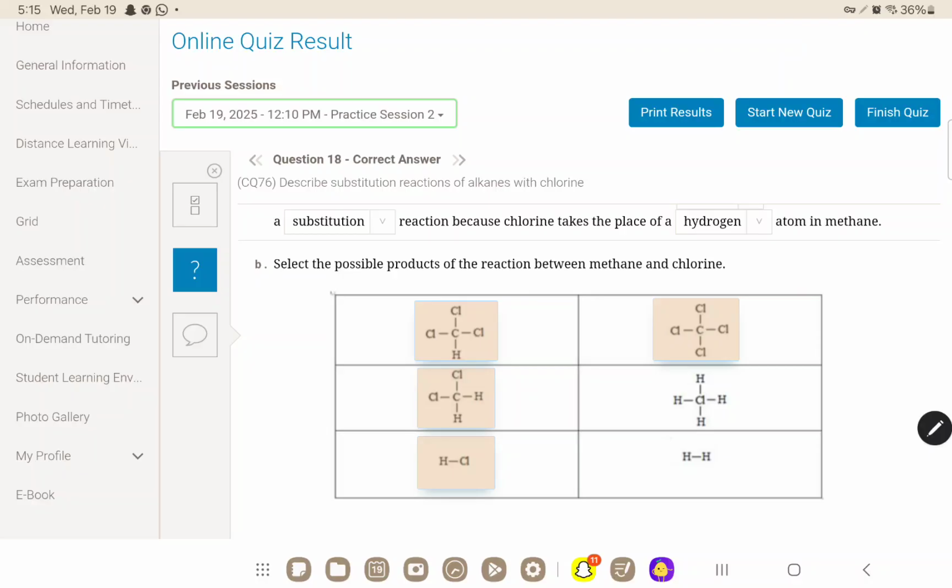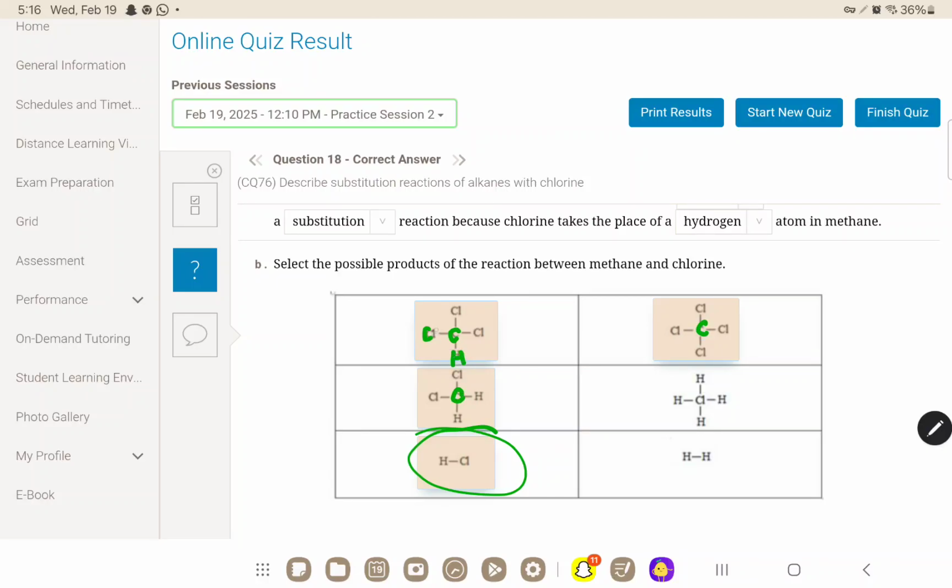Whenever you have them substituting, you're always going to have an H and a Cl. But this is the only product where you're not allowed to have a C in it, because this is just a single bond between H and Cl. This isn't really an organic compound. It's just an H-Cl bond, HCl. But whenever you want to actually have a bonding, you have to have a C in the middle,